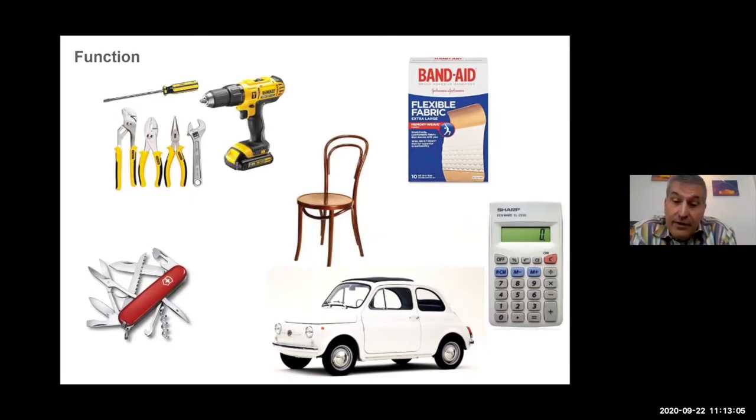Tools, spanners, vehicles in a commercial sense, a very cheap, inexpensive vehicle to get you from A to B. Chairs like the Thonet chair, from the last century. These are things which satisfy dominantly a functional meaning. And then today, perhaps they have artistic or historical or social value, but they started out as being practical. Band-Aids, an early 20th century innovation, realizing that cuts and bruises on people only come in certain sizes and shapes. Calculators. These are all examples of things which don't really need to be there if you didn't have to do these things. So it's functional meaning.